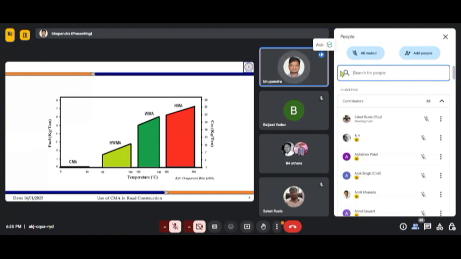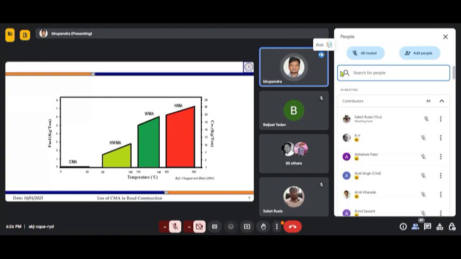For CMA, it is like equal to zero fuel consumption because you don't have to heat up any material, but for running your transport vehicles and others, whatever the fuel consumption is there, it is there, and that is why the corresponding CO2 emission is also close to 1 kg per ton, which is very low. And production temperature also ranges from 0 to 40 degrees Celsius.